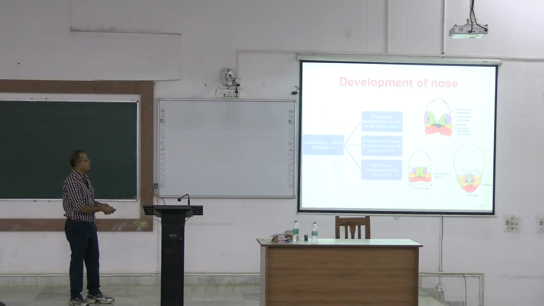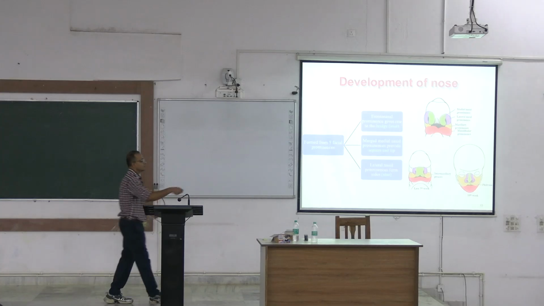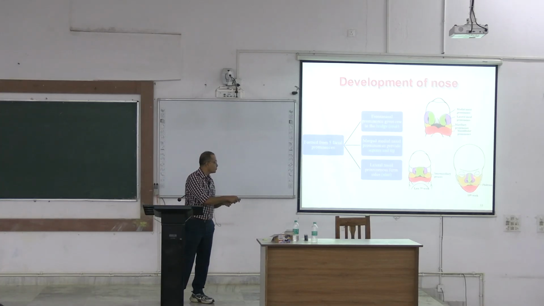The ala of the nose is formed by the lateral nasal placode or lateral nasal prominence, which is the purple one. So the ala is formed from the lateral nasal prominence, which is coming in here. And further lateral to it, where this ala unites with the cheek, we learned about this oblique facial cleft defect over here. So the nose is coming from these three